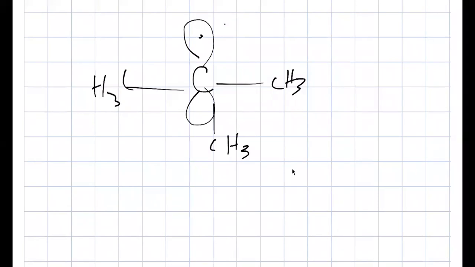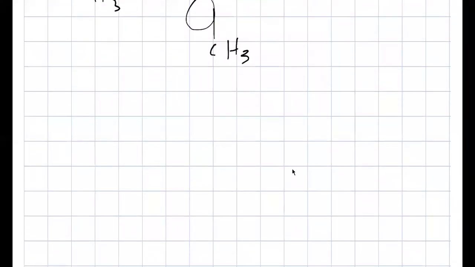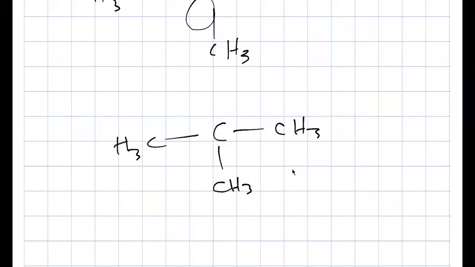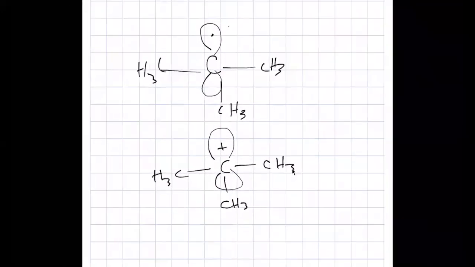And so when you have a tertiary carbon like this one, or a tertiary carbocation, that's also in a p orbital, but it's just empty, right? So this is why the tertiary carbocation, tertiary radical are so good or so stable, because